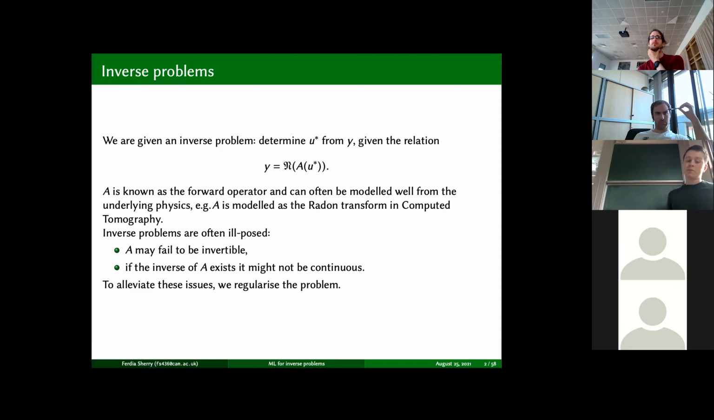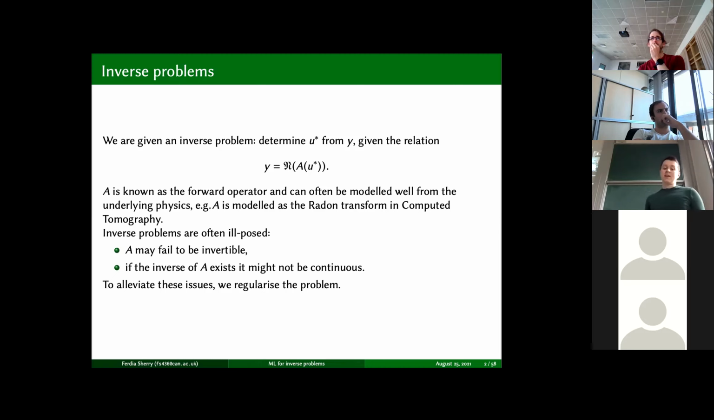So for example, a few weeks ago, Tatiana Buba spoke about using machine learning, deep learning, for problems in CT. So in computed tomography, the forward operator is the Radon transform, which takes line integrals of the image as the measurement model. So